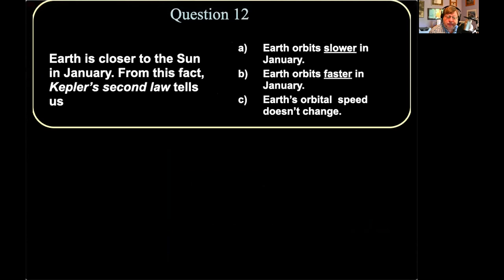Okay. You should get this one correct. Earth is closer to the sun in January. From this fact, Kepler's second law says,